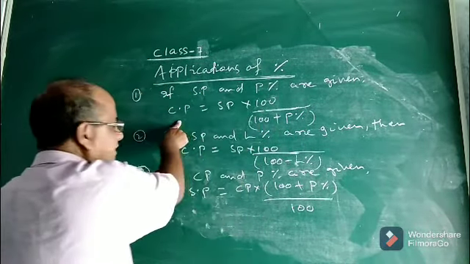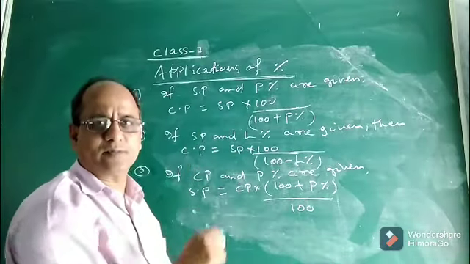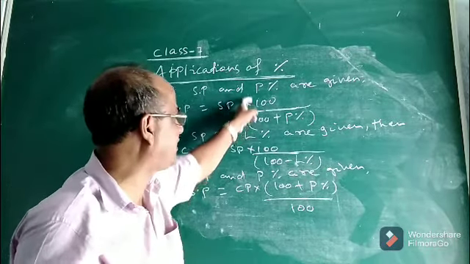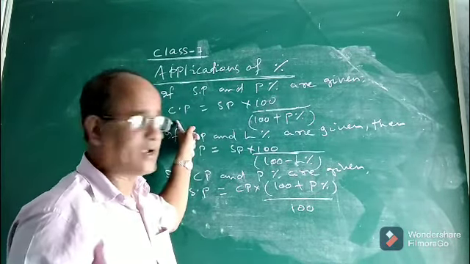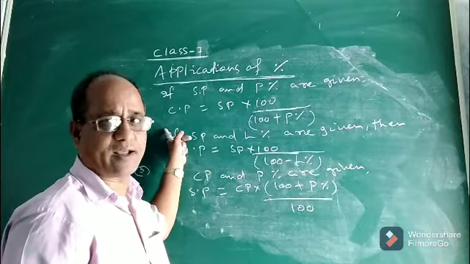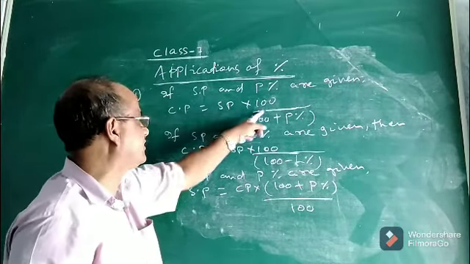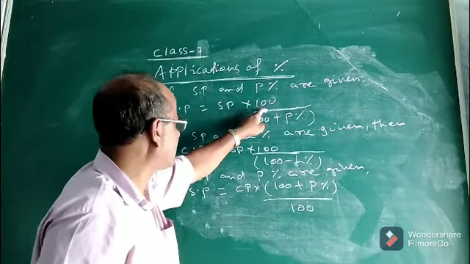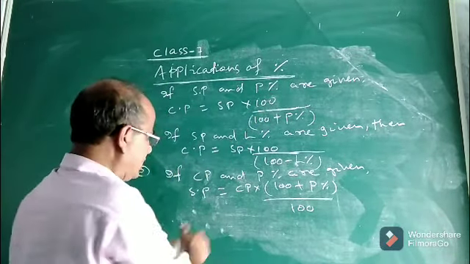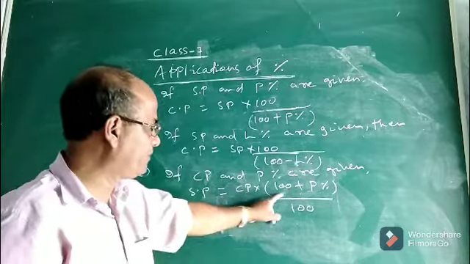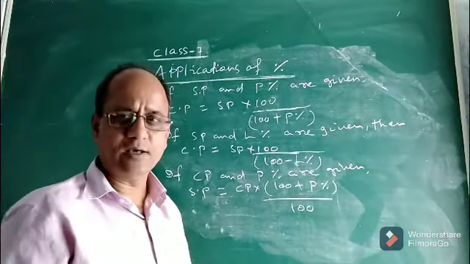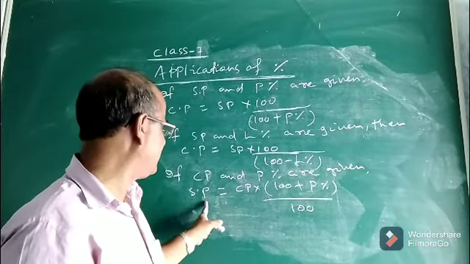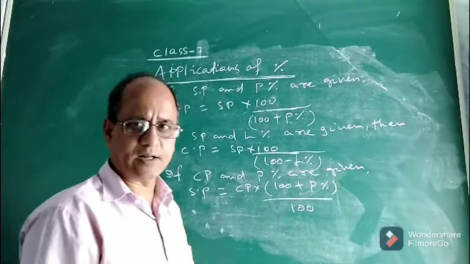If it comes to the right hand side, you can ask me, sir, why take it to the left hand side? Because you want to find the value of selling price. So definitely you have to take this term to the left hand side. Now if this term is taken to the left hand side, it will be divided here, because on the right side it has been multiplied. And if this term is divided, what will happen? You will get SP equal to CP into 100 plus profit percent by 100. So this will be the formula for the selling price of the article when cost price and profit percent are given.